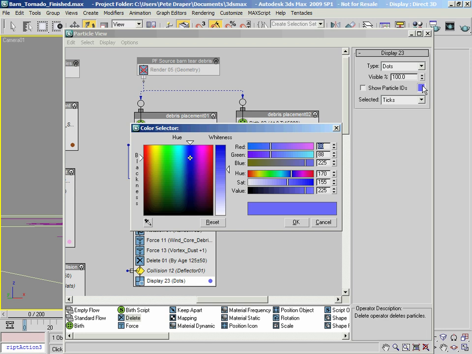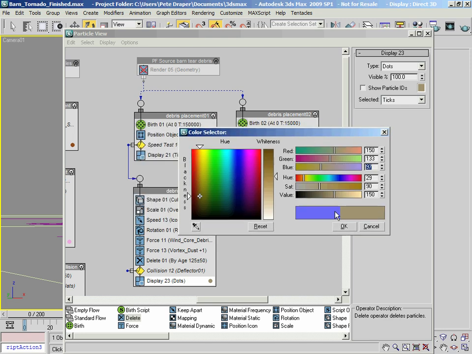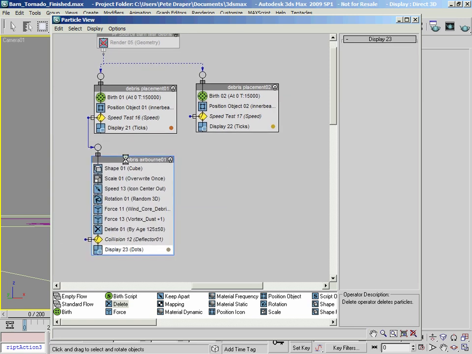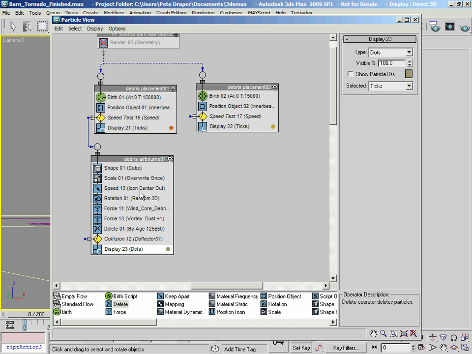And I'm going to set this particle color to, let's say, a nice kind of brown color, something I've point sampled from the back plate, and that's going to be an RGB value of about 150, 133, 97. So it's a kind of creamy brown, a light color akin to the wood texture that we've got in the scene. So that's sorted out, and I'm going to instance this across, and then we can go through and start tweaking some of the values in here, make some of them unique.